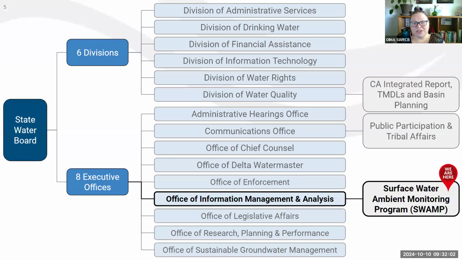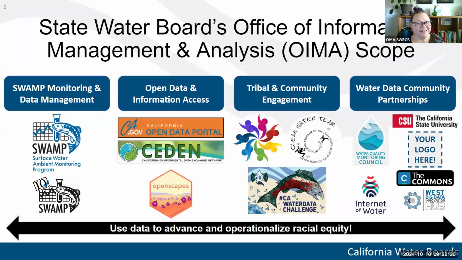At the State Water Board, there are 6 divisions and 8 executive offices. The office in which I work is one of the 8 executive offices, and our SWAMP programs are housed within that office. Many of you might have engaged with other divisions or offices at the State Board, particularly if you've worked with our tribal affairs team or engaged in the integrated report process in the Division of Water Quality. OIMA